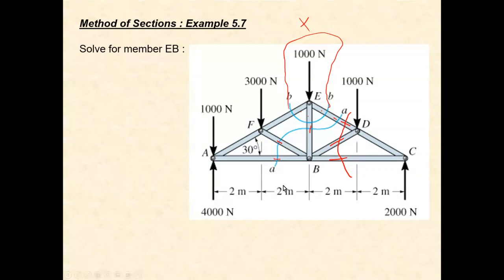All right. So the conclusion from that is when you are making a method of section, you still need to decide which section is solvable, which section is the best section to start with. So it emphasizes the importance of planning before getting involved in the number crunching. So you need to read the problem, make a judgment, make a decision on how to make your